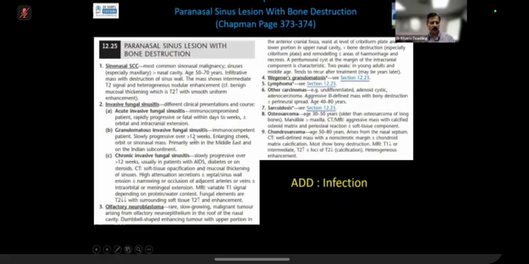The key point to remember is that in fungal sinusitis, there will be high density material, usually in the center. And when there is associated bony destruction, because it can cause bony destruction, you've got your diagnosis. And please remember the pitfall on an MR. On an MR, what can happen? Look at this case. This is what can happen, because on a CT scan, it is completely opacified. But on a T2,